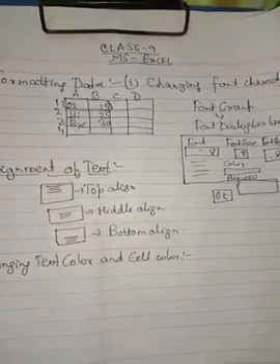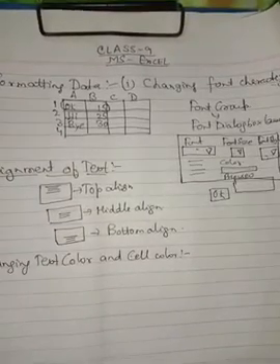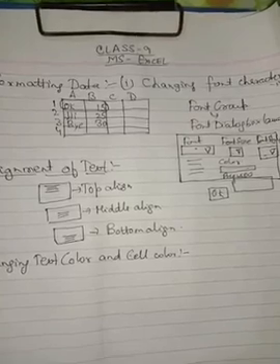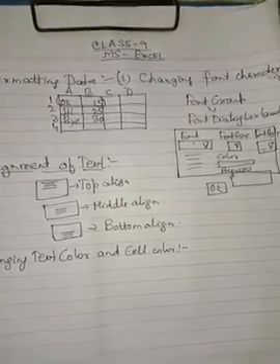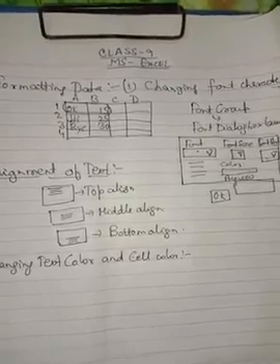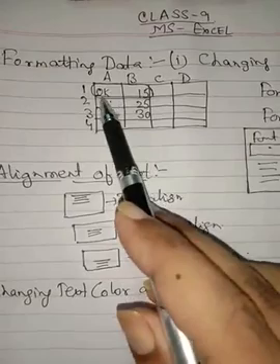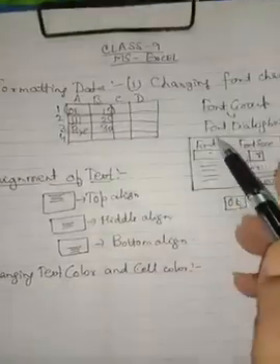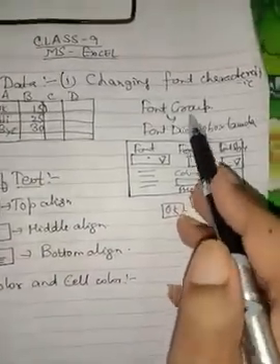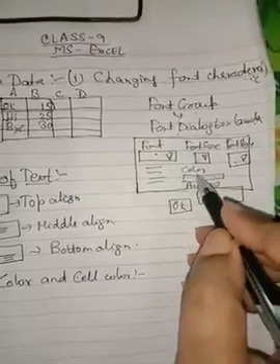So what do the text color and the cell color do? Excel allows us to change the color of the text. By default the color of the text is black, but we can change it according to our options. So how can we do it? Select the cell whose text color you want to change, and then move to the font group. From the font group, move to the font dialog box launcher, and here we have the color option.